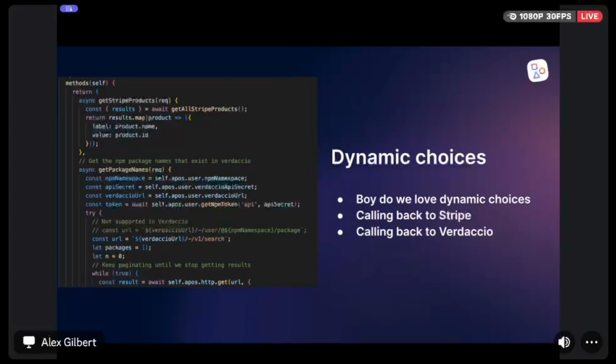So here's an example of that implementation really quick. I'll just talk about the Stripe one, really. You see, we're just calling a wrapper method we've already created to pull in the Stripe products. And we just map those to an array with labels and values. And that's really all you have to do. It can be an async function, so you can do all the API calls in the world. For the Verdaccio side, it's a little bit messier. NPM, by the way, does not have the pretty REST API we always look at. NPM has a goofy API, but we've ironed all of that out for you. So when you use our system,